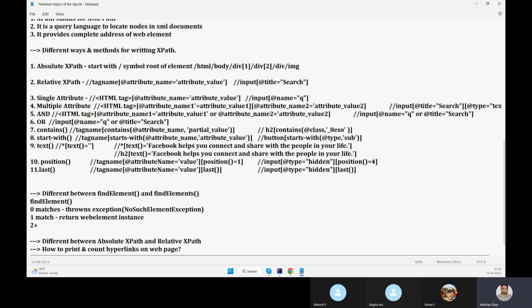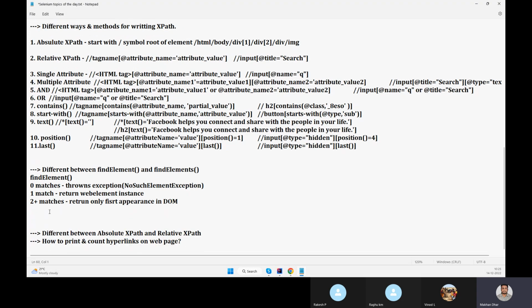If there are more than two matches, then it returns only the first appearance in the DOM. What is DOM, what is shadow DOM, we'll discuss later. So the difference for find element is that when there are zero matches,